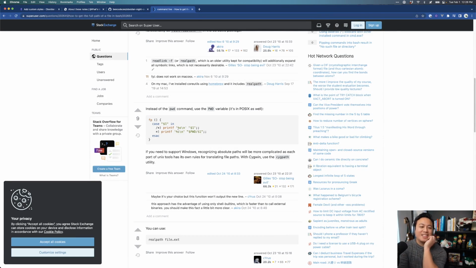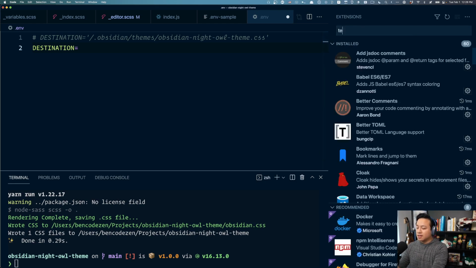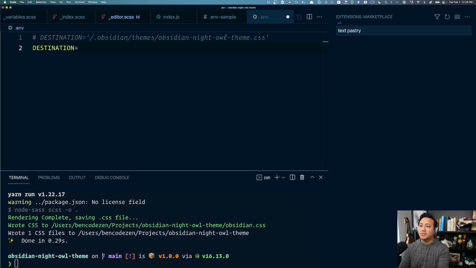Okay, I have a question here. Inside of the chat, was the Text Pastry thing a custom snippet or an extension that you installed? Great question. This is an actual extension. If I go in here to the VS Code extensions and search Text Pastry,